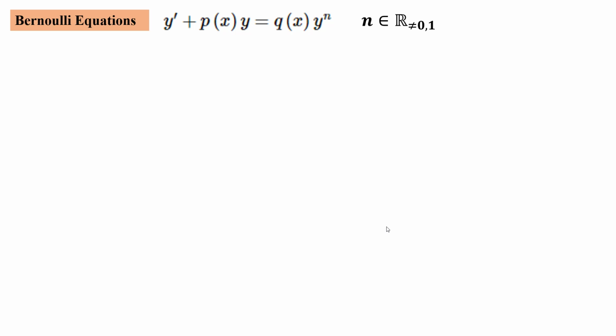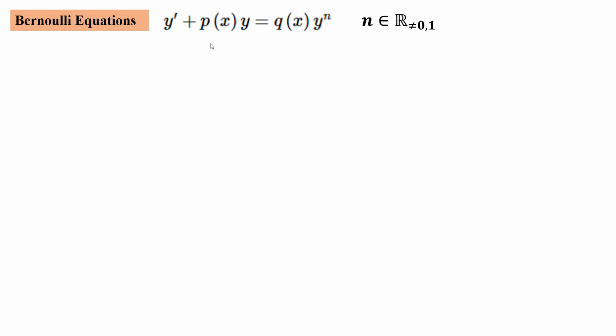This type of equation is called a Bernoulli equation. I think that's pronounced Bernoulli. It's y prime plus p of x times y equals q of x times y to the n. Well, if n is 0, if there's no y to the nth power term, then